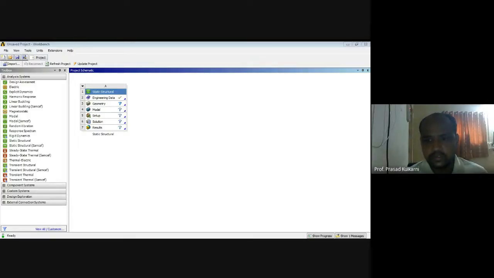This is the first session, and here we will get an introduction to the Ansys software. Nowadays, Workbench is widely used in Ansys software because it is more comfortable. Now here you can see to the left side, there are many modules which are designed in Workbench: design assessment, electric analysis, explicit dynamics, harmonic response analysis, linear buckling, then magnetostatic analysis, then modal analysis, then random vibration, and up